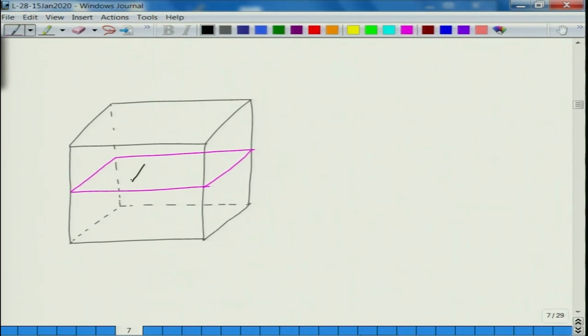Let us say this is the line, and this line goes through, so this line travels in this plane in this fashion, okay. And then we have, so this is the one plane,